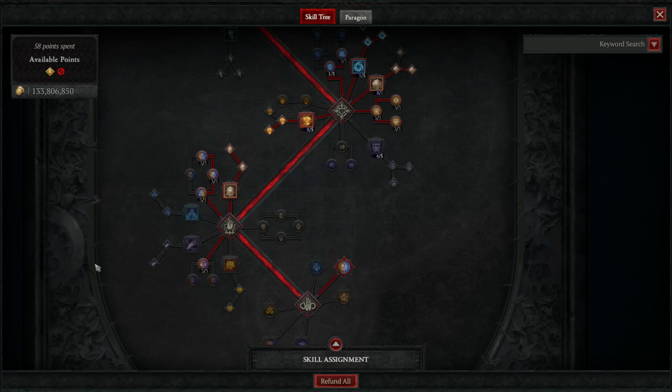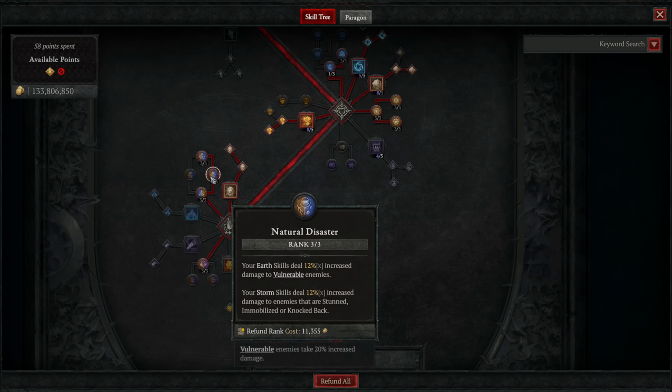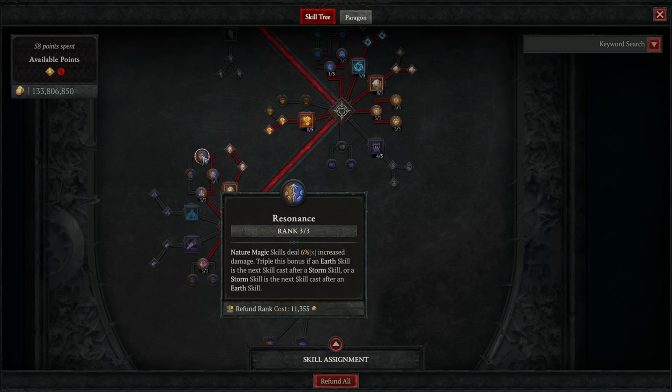Then we just take a bunch of passives here as well, 3 ranks of Defiance for 12% increased damage against elites with nature magic skills, 3 ranks of Natural Disaster for bonus damage with Earth and Storm skills depending on certain conditions applied to enemies, which we do in fact apply constantly. Then 3 ranks of Resonance over here, which gives you 6% increased damage with nature magic skills, with that bonus tripled to 18% if it is an Earth skill used after a Storm skill or vice versa,